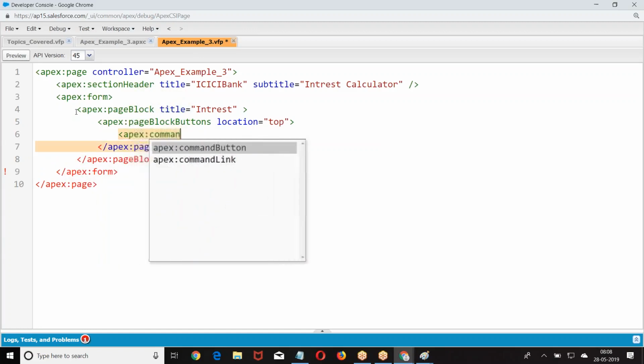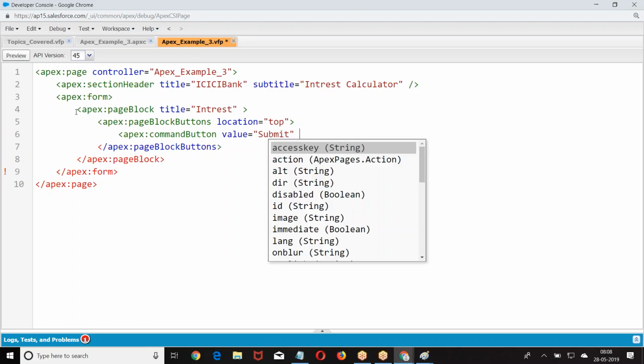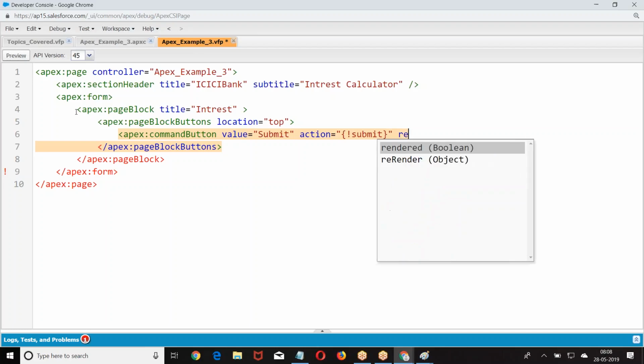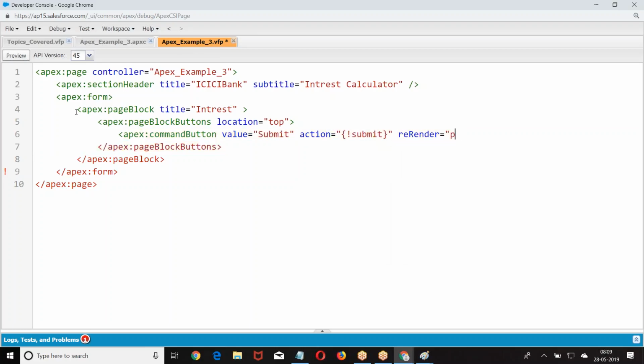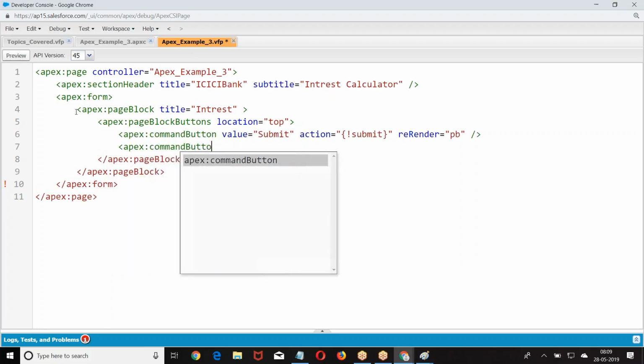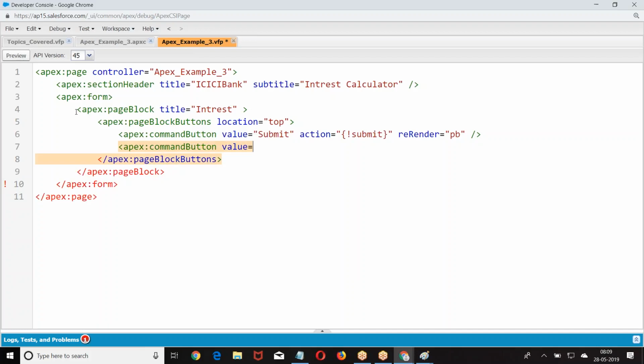Then what do we add here? Command button, value equals, action equals. Apex command button, value equals. Right.